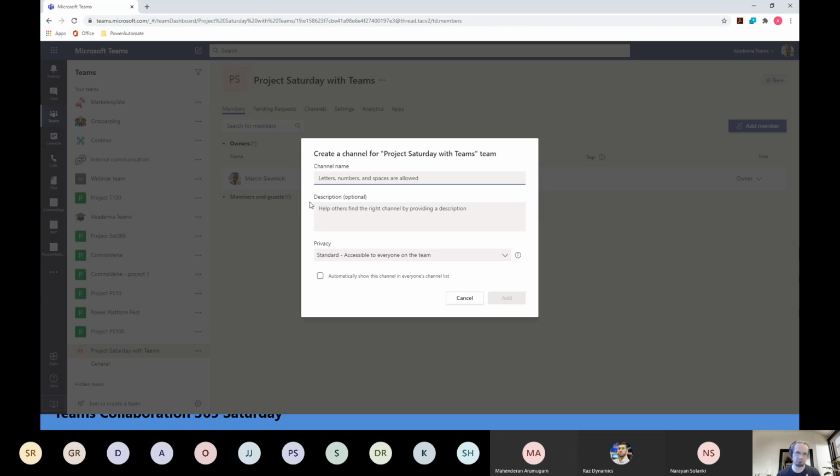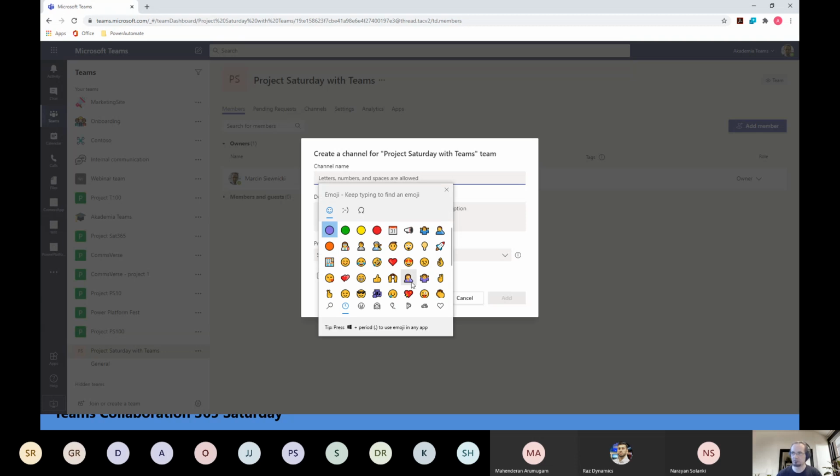but they used standard channels, so they share everything inside, and if they want to share something very specific or some confidential information, they create an additional SharePoint site, break permission, and share that link, and so they end up with at least 2 sources for documents. That's not good. We don't want to duplicate places where we store documents for a project. So create a basic structure with 2 private channels and 2 standard channels, and we use icons